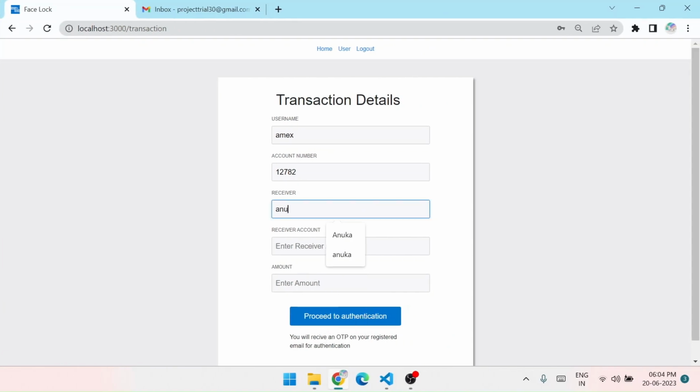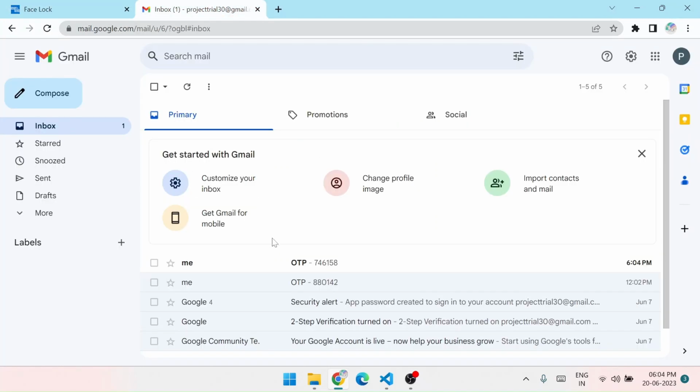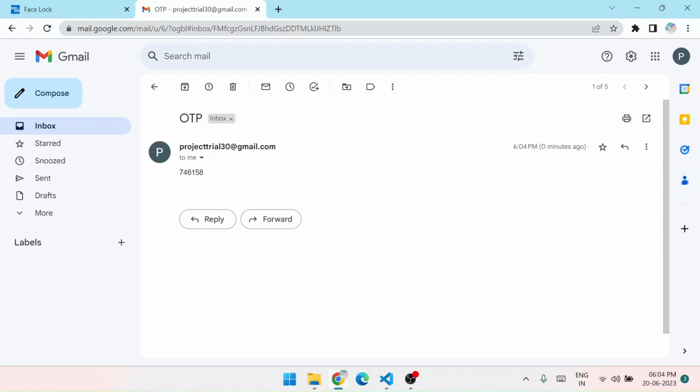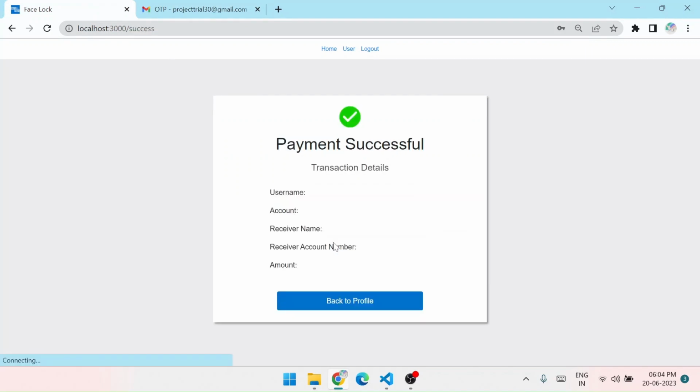As mentioned earlier, we give the user a choice to opt in or opt out for FaceLock. We also give the user a choice for setting the threshold. In this demonstration, the user has set an amount such that it's lesser than the threshold, and now the user has proceeded to authentication. As you can see, the user gets redirected to the OTP verification page, and once the correct OTP is entered and the submit button is clicked, we are redirected to the payment successful page, skipping over the face recognition authentication